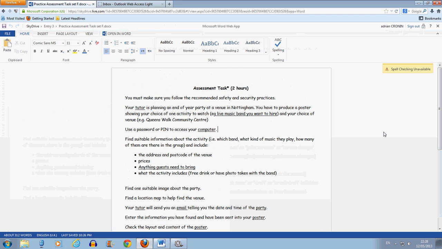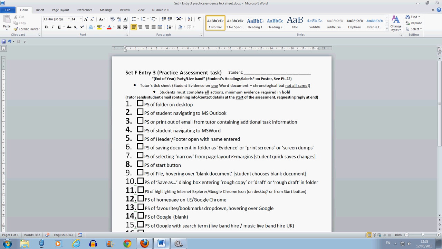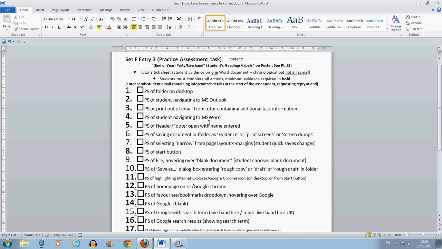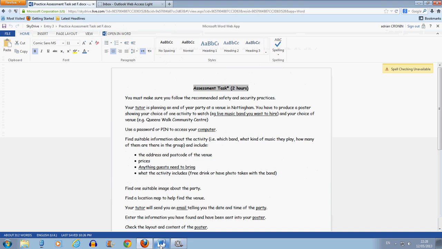Okay, for this practice task you should have two documents, two pieces of paper. One is an outline of the task itself, and the other one is a tick sheet with some clues about what you should be doing during the task. Okay, if we look at the task itself,